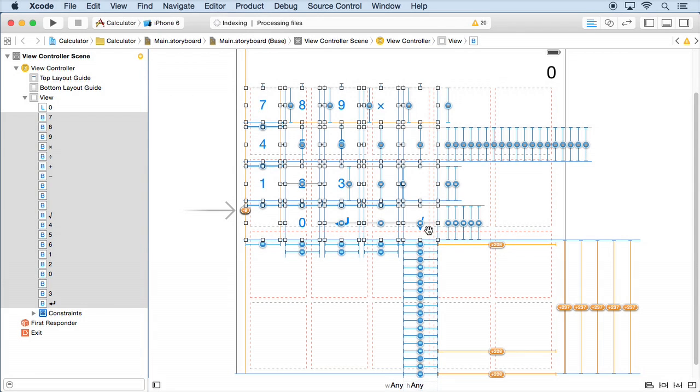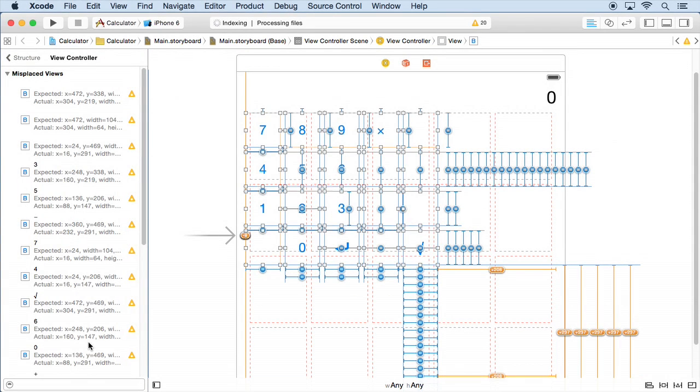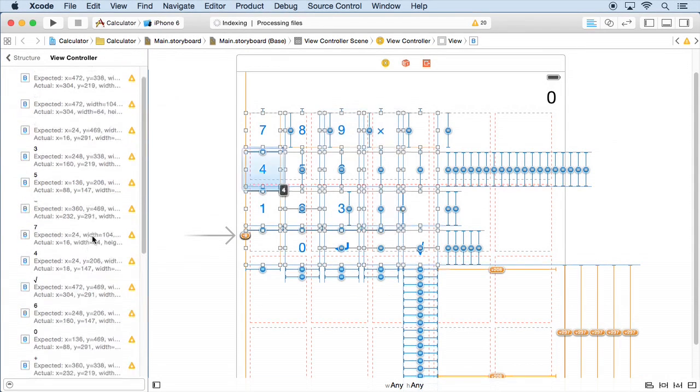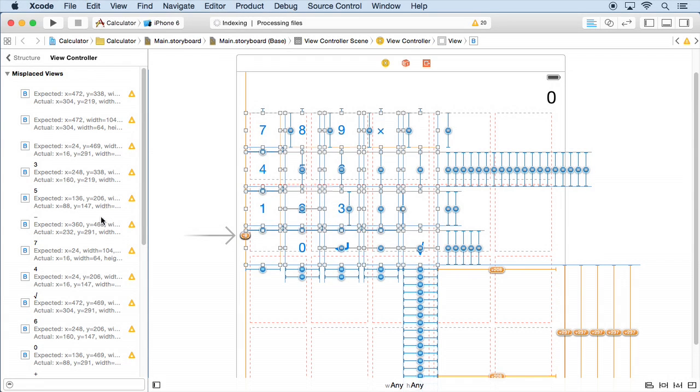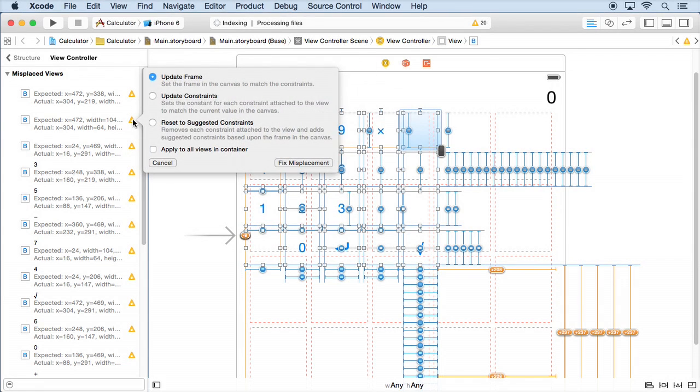So you'll want to start over, and I'll show you in a minute how you can start over if things are not going your way. But if it's yellow, that just means things are in the wrong place, so no problem. We click the yellow. Here's all the things that are in the wrong place. This is all the buttons. You can see they highlight as I mouse over them. And you can really pick any one of them to fix this, because there's a nice little switch here